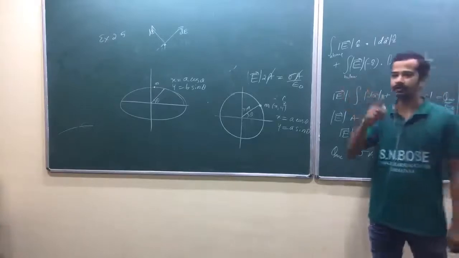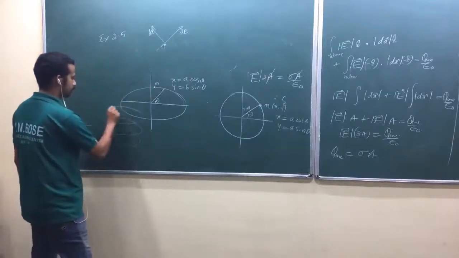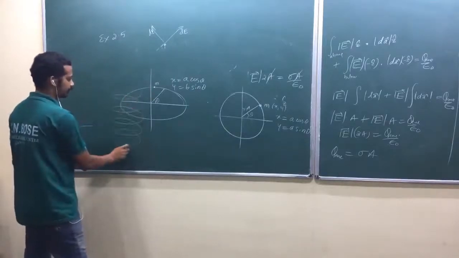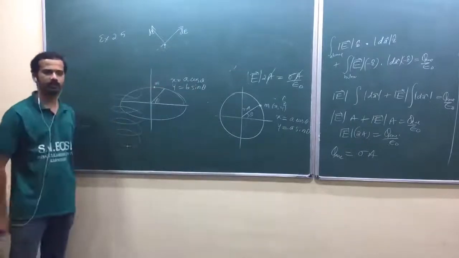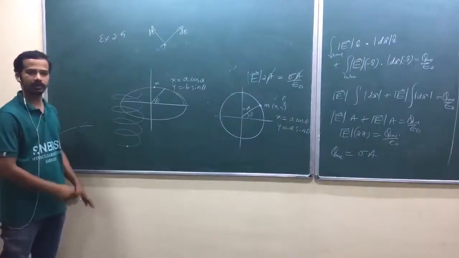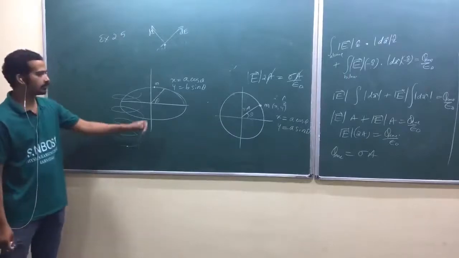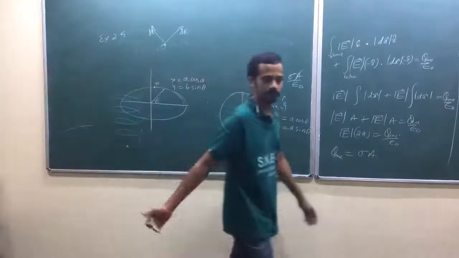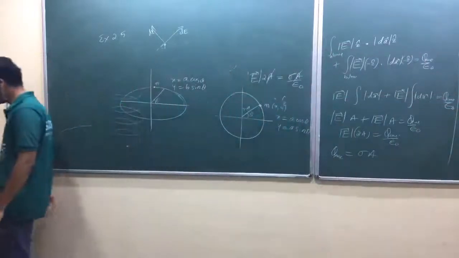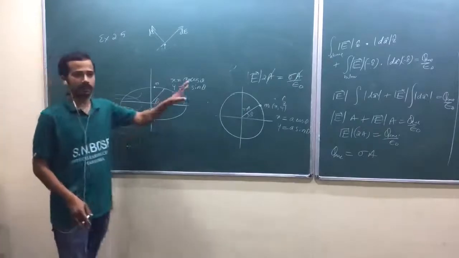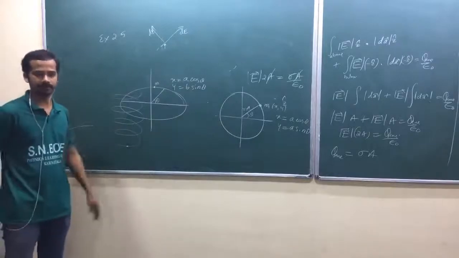Even though that path may be a helix, which means three dimensional, or a spiral, you are going to make the spiral binding, am I right? Suppose the particle is moving on that spiral. You can write the equation of the spiral. You can go for some coordinate system so that you can eliminate other dependency, and only one variable will exist. The same thing will happen in the case of an ellipse. Elliptic motion, that was the best example. In some coordinate system you can. A coordinate system can be chosen so that the problem will be easy.